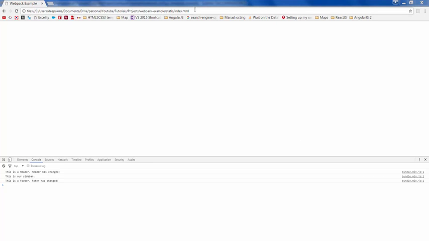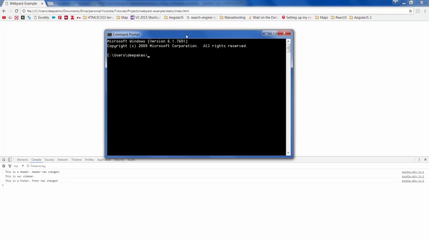Now we've been running this application locally by opening the file directly in the browser. Now let's run this application on a server, which is a Webpack dev server. Go ahead and install the package called